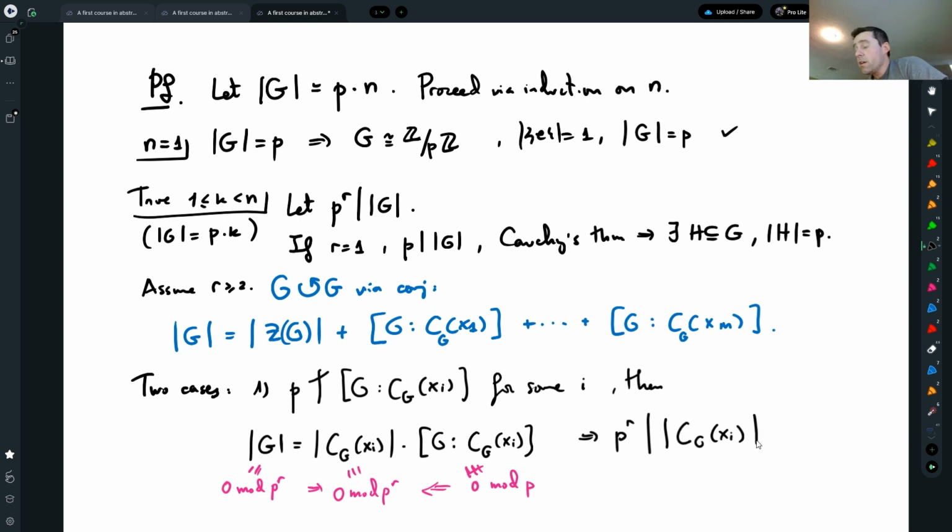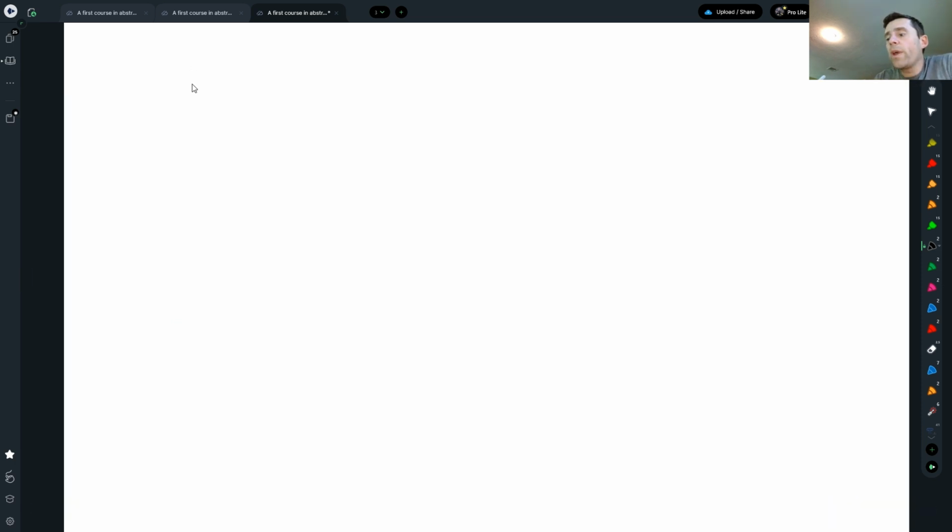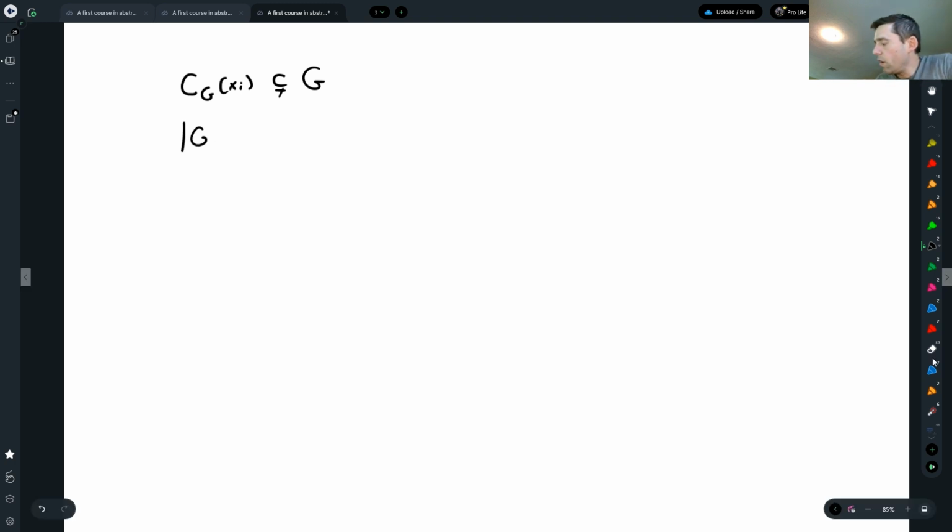And again, these centralizers are the stabilizers of non-trivial conjugacy classes. So those centralizers are, like we proved in the proof of Cauchy, proper non-trivial subgroups of G. Therefore, we have a group, this centralizer, which is non-trivial. The order of the centralizer is divisible by